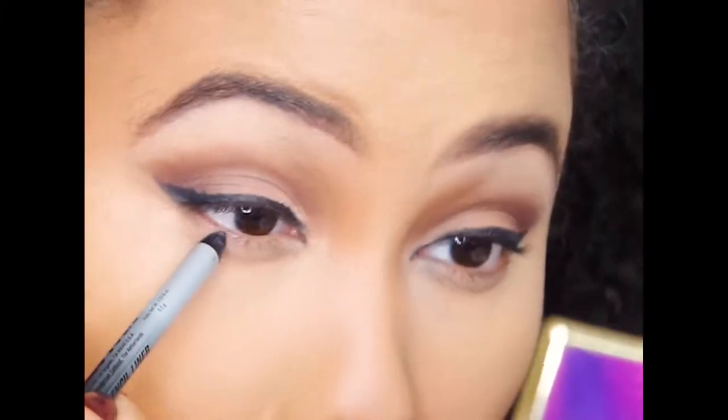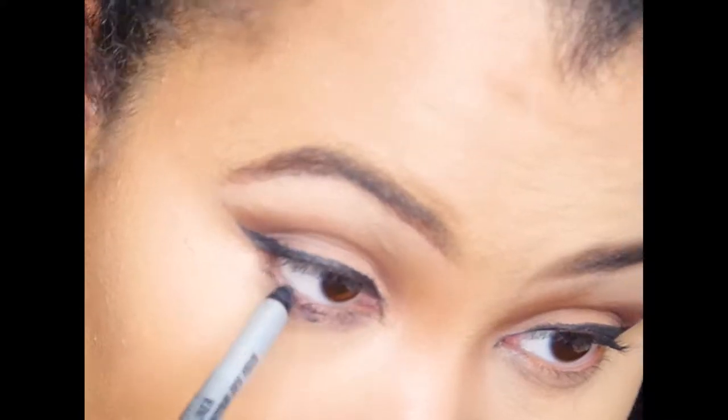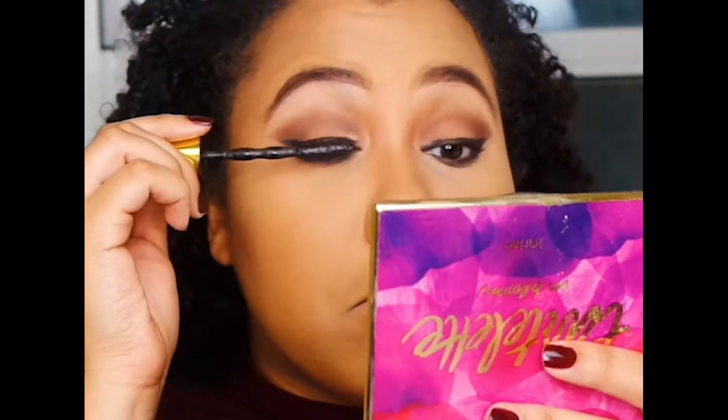And then I'm going to use the Wet n Wild contour, the Mega Highlight. I forgot the name of it. It's like the Mega Highlight Pro Contour. I use the light shade to brighten my under eye up. And then I'm just going to take the NYX Jolie, I forgot the name of this thing. The Jolie